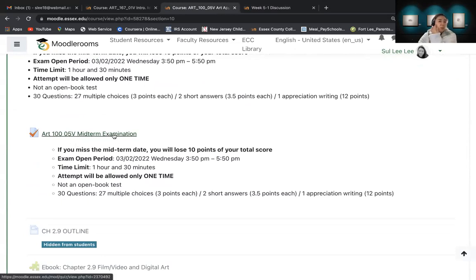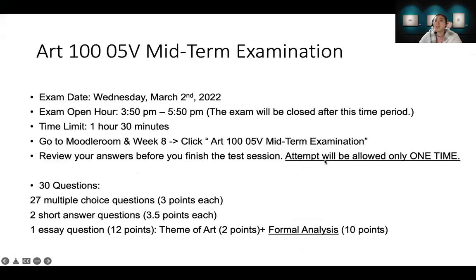So click this to take the midterm. You don't need to come here to check your attendance. This test session automatically checks your attendance. But I'm going to stay here in the meeting room. So if you have any technical issues or questions, you can join this meeting room and then ask me.